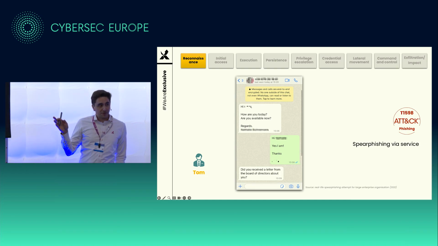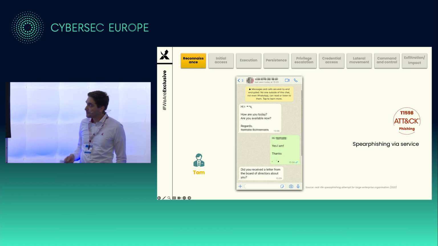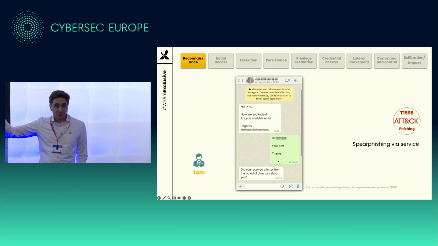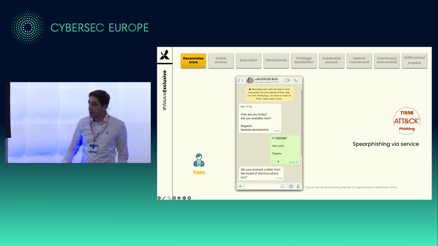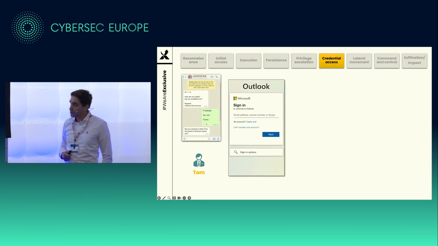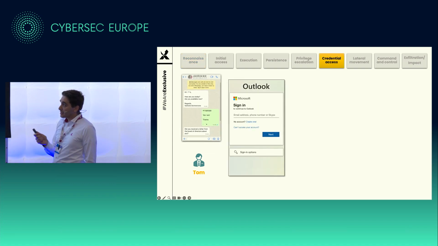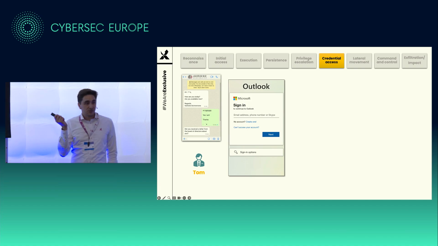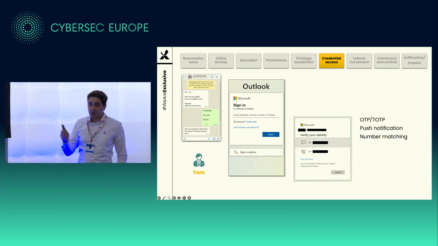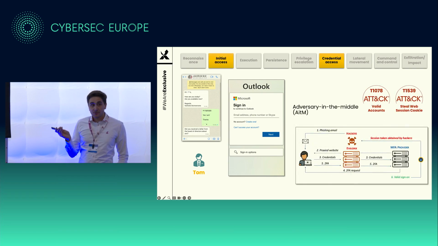This is a real-life example. We blurred away everything that shouldn't be seen, but this really happened, by the way. And this is called spear phishing through a service. In this case, WhatsApp. It happens in real time, through LinkedIn and all other kinds of programs or chat tools that we use. So Tom gets that, he clicks on the link, goes to the Outlook login page on his phone. Of course, it's okay, the document is in Office 365 probably. So he enters his username and password, gets an MFA push notification to approve. So all looks good. Unfortunately, this is what happened in the back.